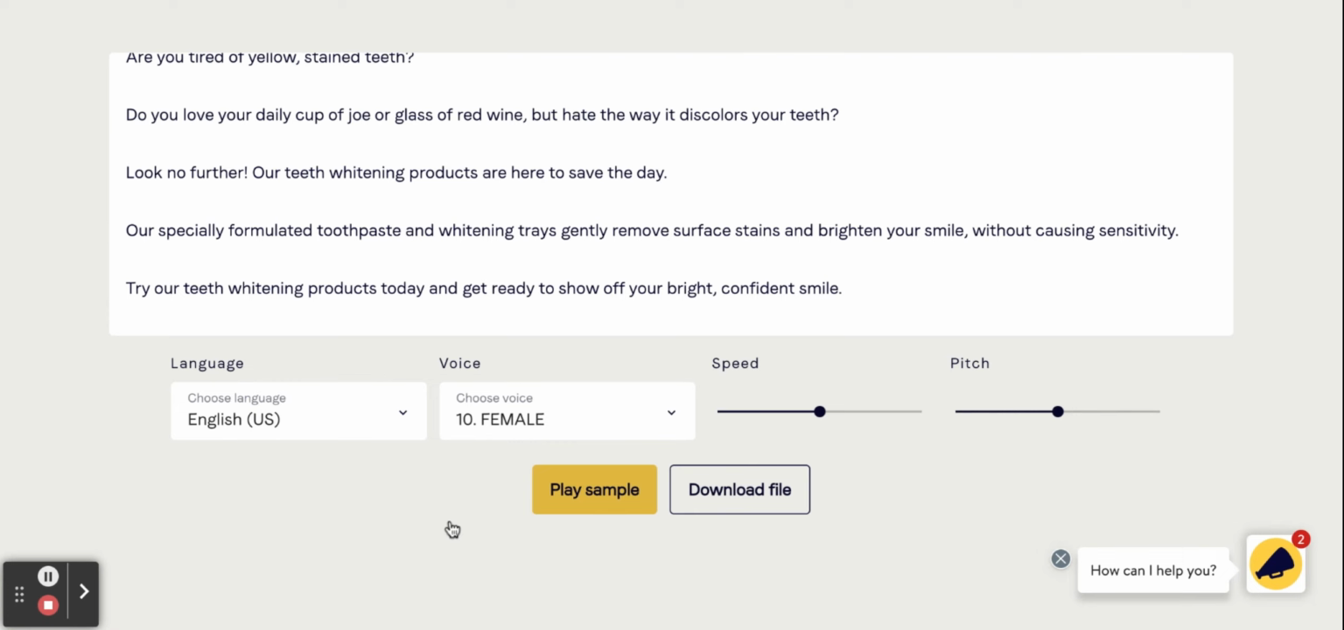So that's just a sample. So what you're going to have to do now is you click save and register, and then